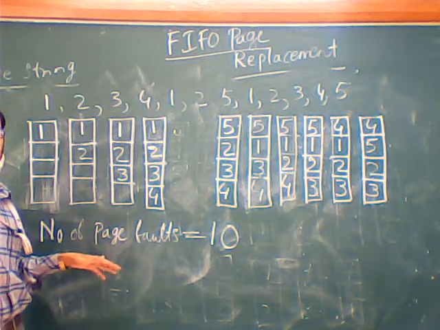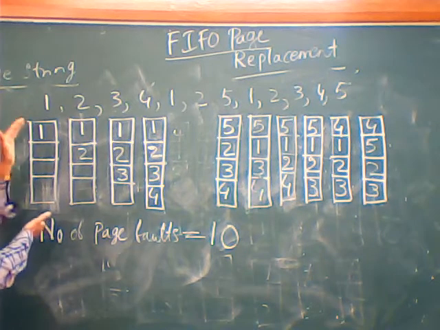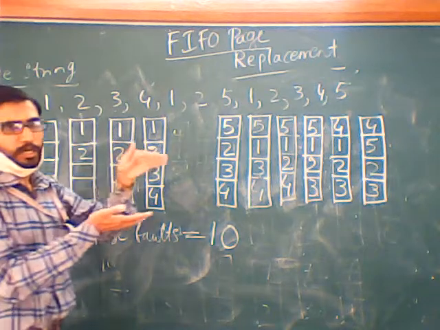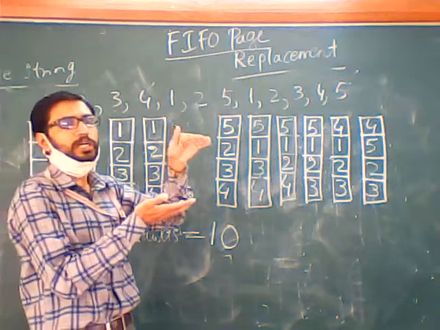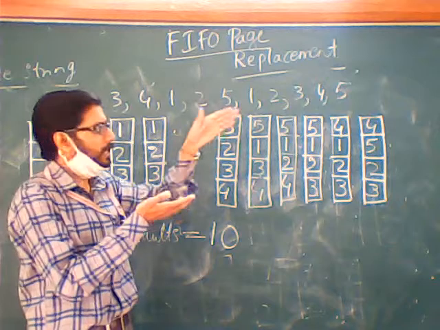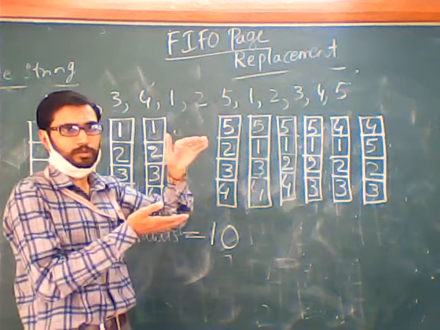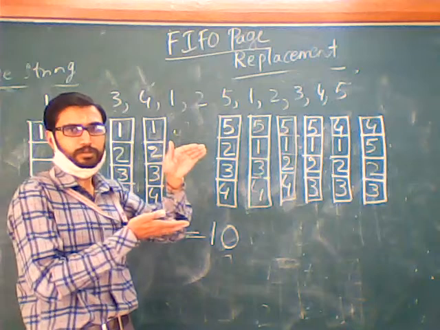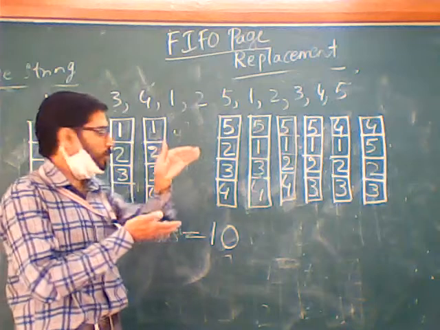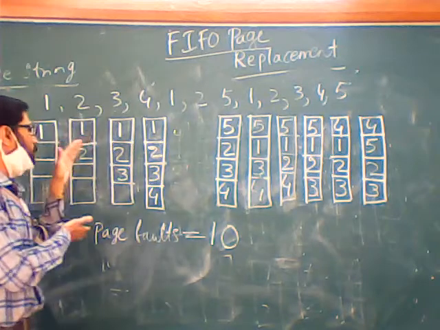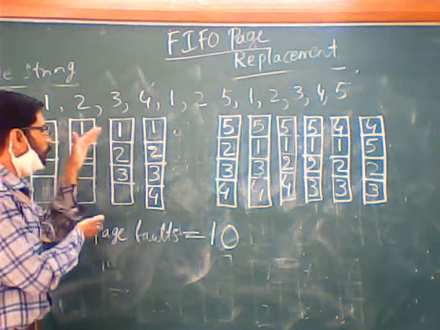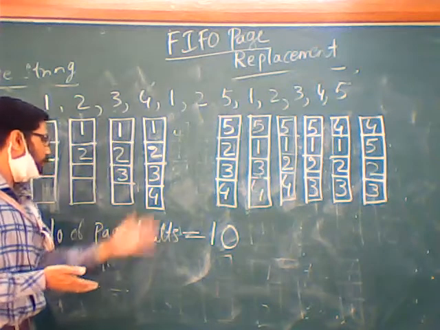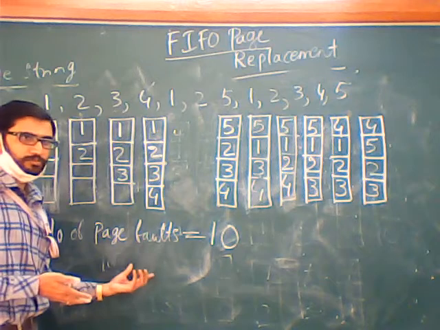Are you getting it? If you have a frame size of 4, this means inside my main memory I am allocating more space. My frame size is 3 means inside my main memory the allocated space is small. Yes or no? Because where should this frame be present? Inside the main memory. Even if you allocate more space in the main memory, it is not always true that the page faults will be less.